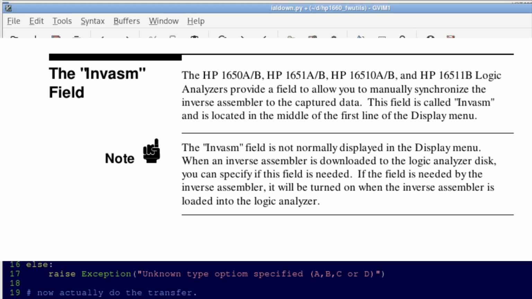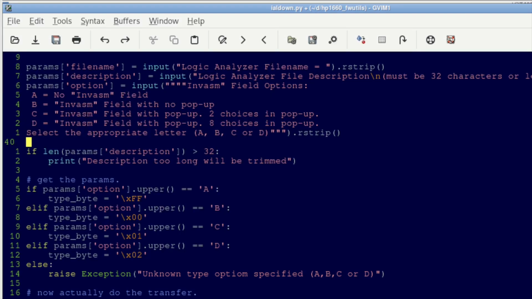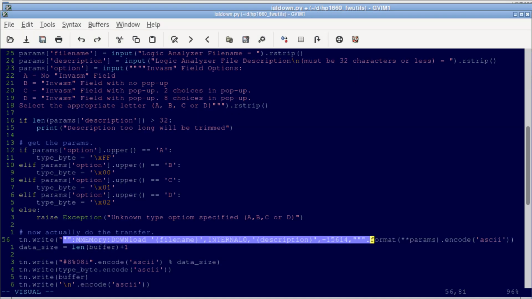These are documented in the HP manuals. This depends on the inverse assembler you're using. The core thing that it does is it sends this SCPI command. So it's a memory download. Internal 0 is, I think, the hard drive. And this flag,